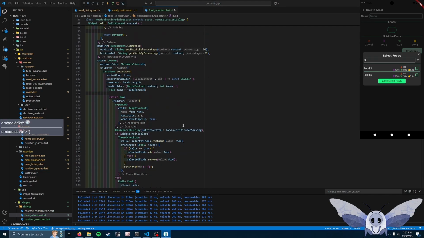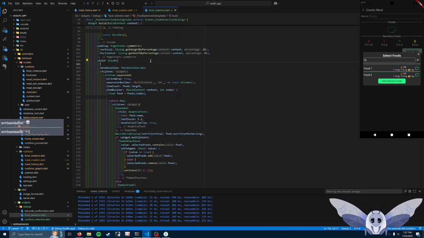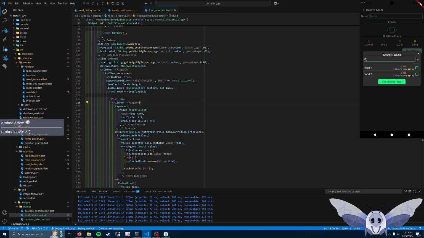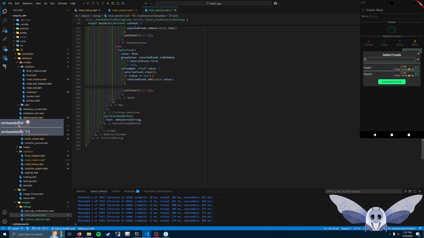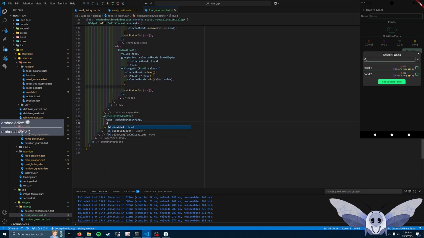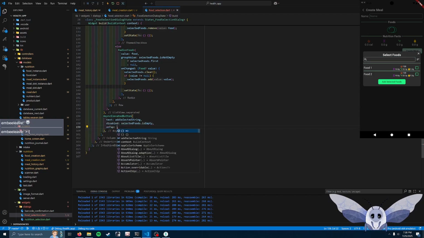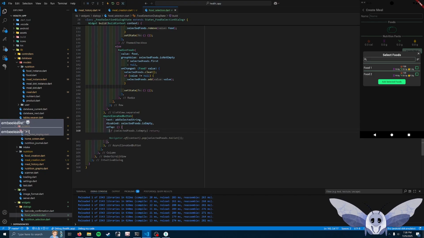Okay. And we'll add a little bit of spacing. Okay, add a little bit of spacing, and then we'll return. Well, first it's disabled if this is empty. Otherwise,